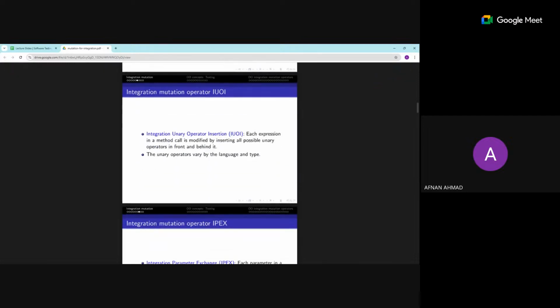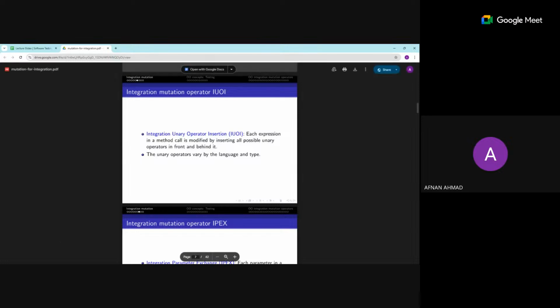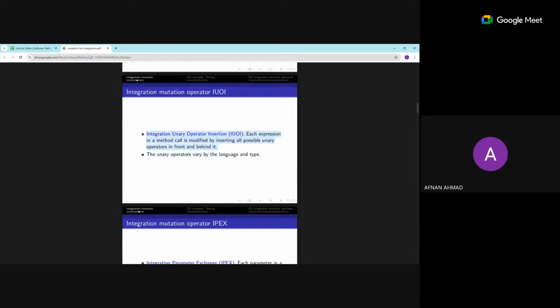And then we have integration unary operator insertion that basically says each expression in a method call is modified by inserting all possible unary operators in front and behind it. So this is possible when the return is a type wherein it is possible to add unary operators. So let's say you are returning a Boolean value that is likely, right? So you are calling binary search from somewhere, right? And that binary search will return something like true or false, depending on whether